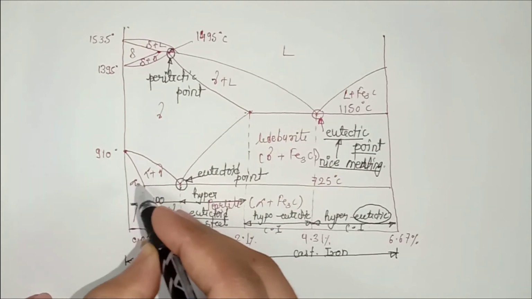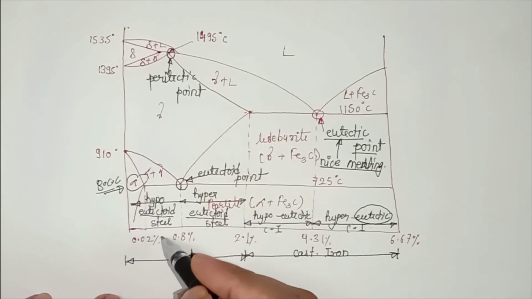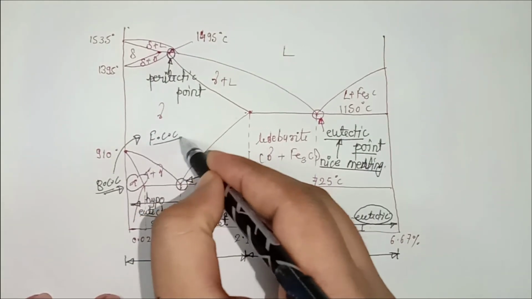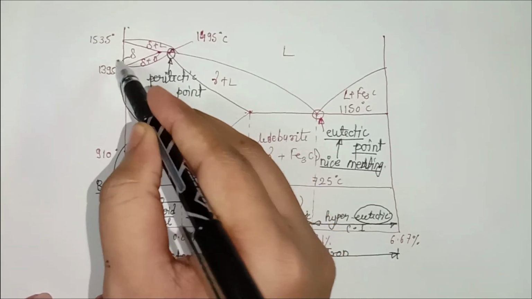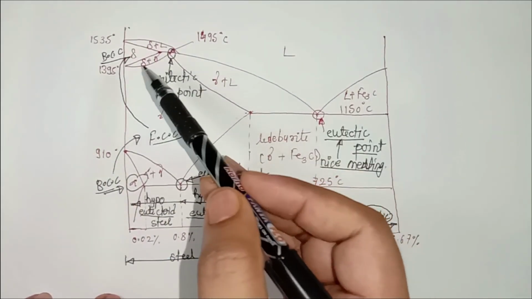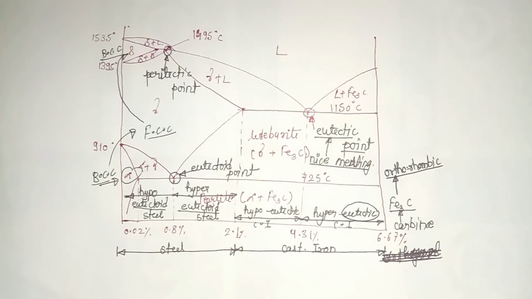The crystalline structure of alpha is BCC because it is at the base of the iron carbon diagram. Then it will be converted into FCC, then again FCC converts into BCC. So the crystalline structure of gamma is FCC and the crystalline structure of delta is BCC. The crystal structure of iron carbide, that is cementite, is orthorhombic. Alpha, delta, gamma and cementite are pure phases of iron, whereas ledeburite and pearlite are phase mixtures.